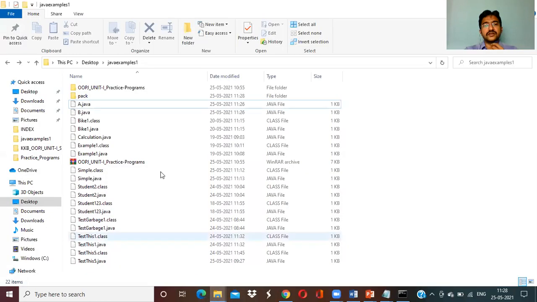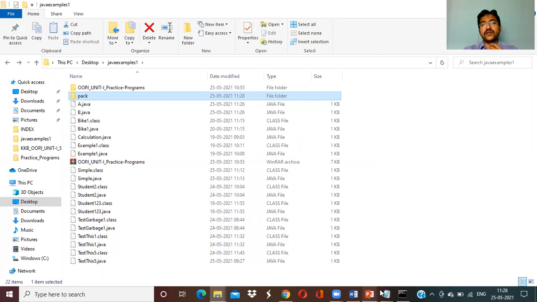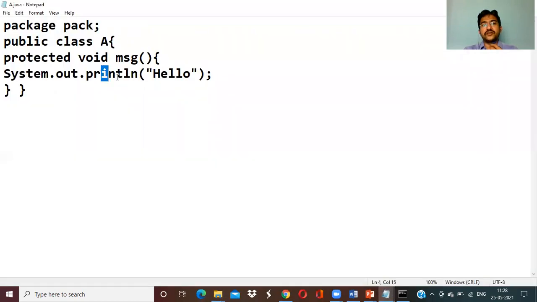Now coming to the folder. Now see, the pack folder is there. Outside there is no a.class. Where does it have to keep the a.class file? We are instructing the destination folder to keep the class file generated for a.java in the pack folder. Inside the pack folder there is an a.class file automatically. Clear? Now in the a.java program there is no main method. We can't run the program.